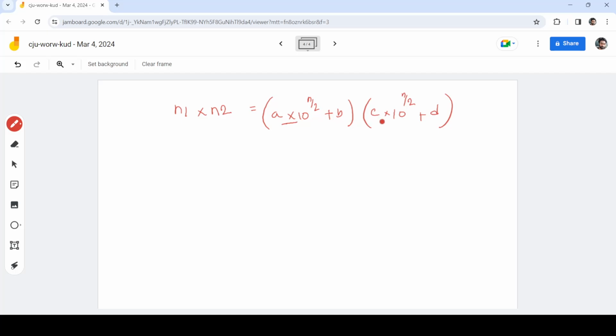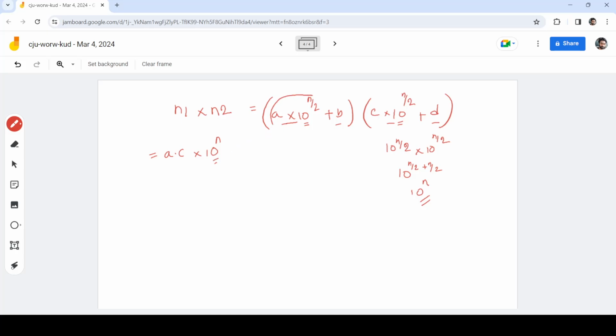Now if we multiply each term, we get a times c times 10 to the power n, 10 to the power n because 10 power n over 2 times 10 over n over 2 is nothing but 10 over n over 2 plus n over 2, which is 10 to the power n. Okay, so এই 10 to the power n by 2 আর 10 to the power n by 2 মাল্টিপ্লাই করলে আমরা 10 to the power n পাই। তো আমি এটা এখানে ডিরেক্ট লিখে দিলাম।